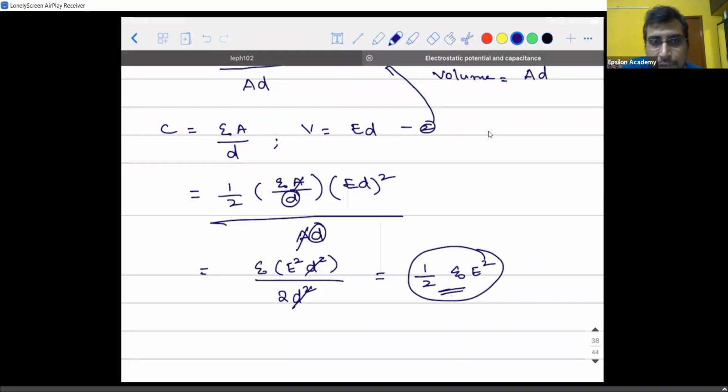For which capacitor? Generally, this will come for all the capacitors, but here we derived it using the parallel plate capacitors. Okay, this is also called the electrostatic energy density. You will be learning about this in the 8th chapter also. This is the most ignored formula, but this is very important, guys, for you to understand physics better.